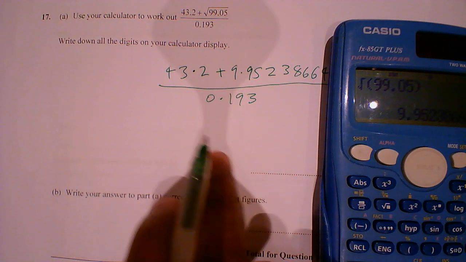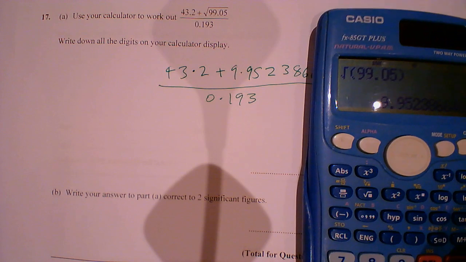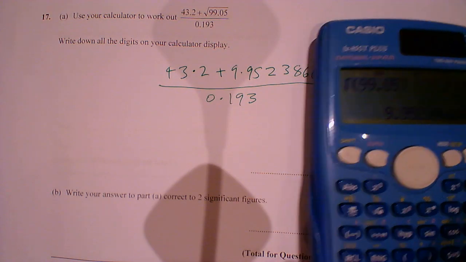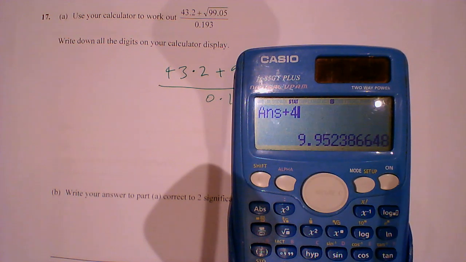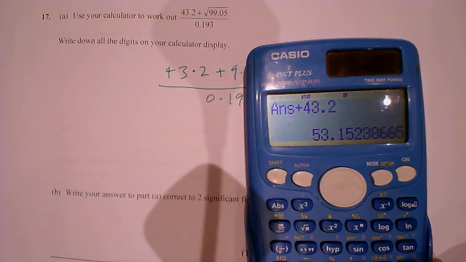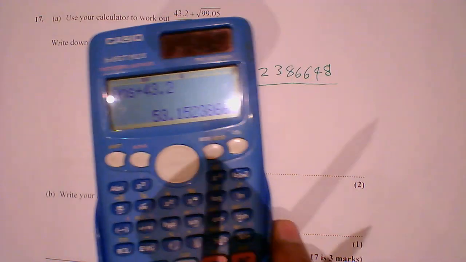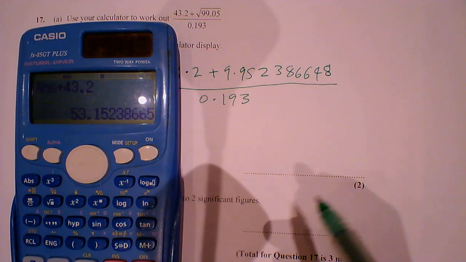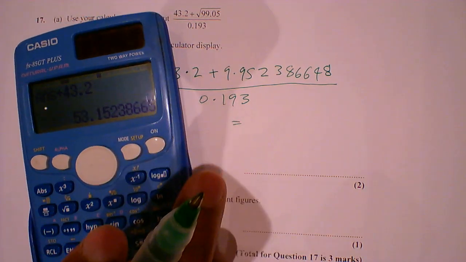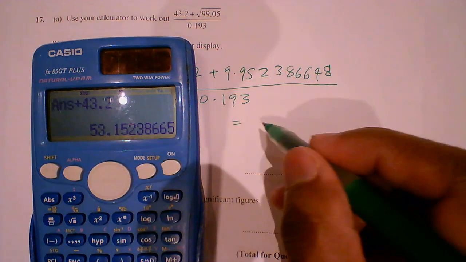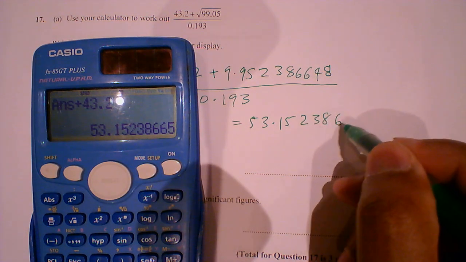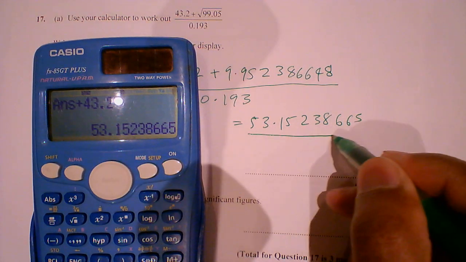I'm not going to do anything here. So I'm just going to add 43.2. Plus 43.2 gives me 53.15. So I'm going to write this down. Equals 53.15238665 divided by